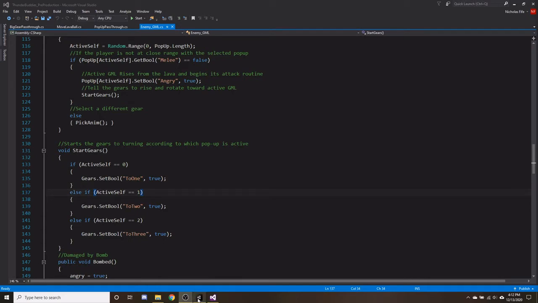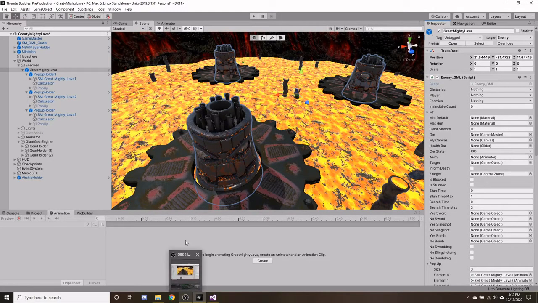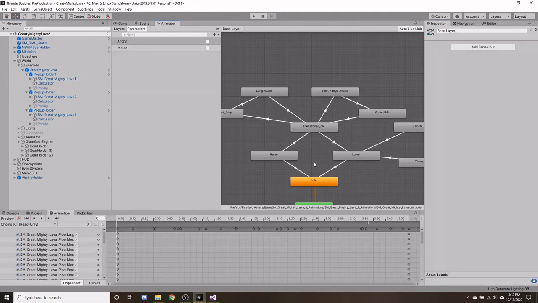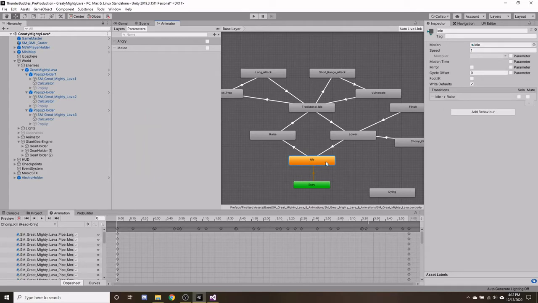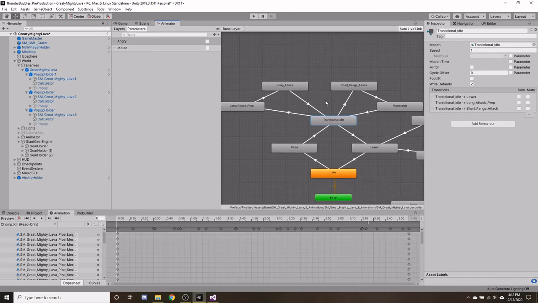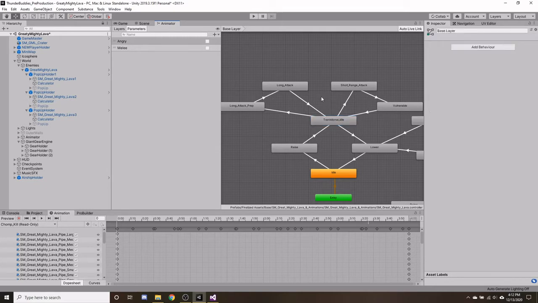So what's going to happen when the angry bool gets set to true is the instance of the boss is going to be able to leave its idle state, which has it sitting just with the crown visible above the lava, and it will rise, it'll reach its transitional idle state, and then depending on player proximity, it's going to either go through its long attack cycle or its short attack cycle, and keep repeating until the player damages it. The long attack cycle